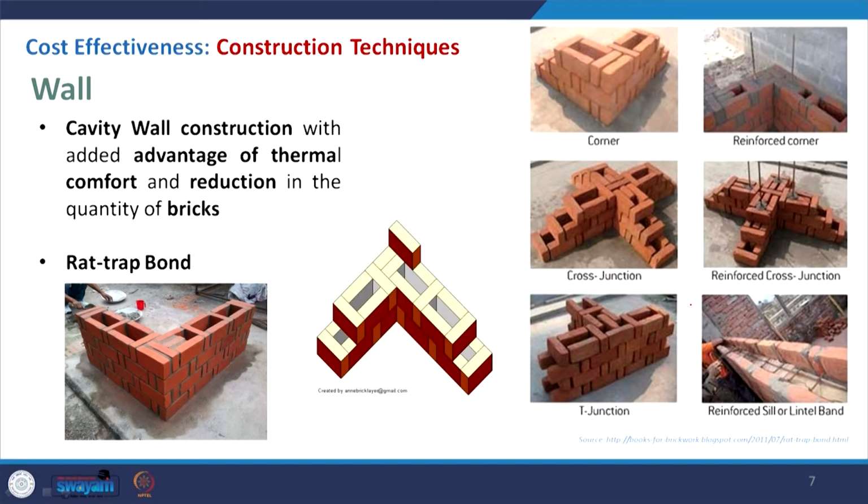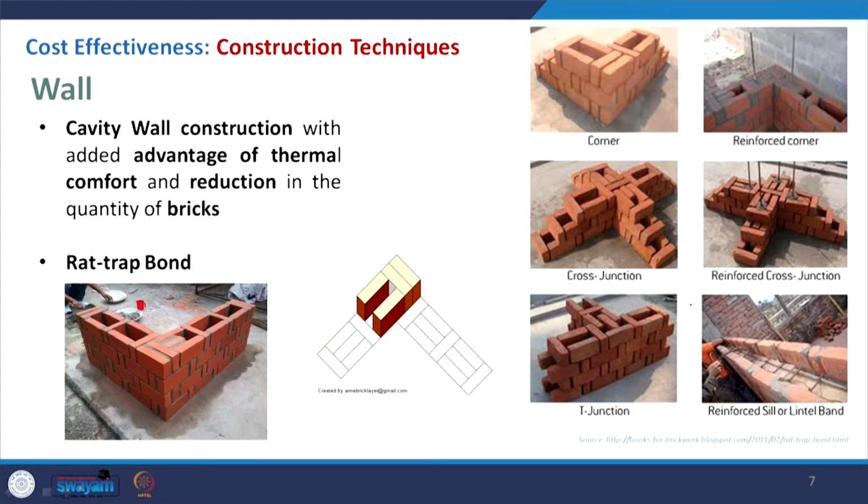But in this case, when you discuss the brick wall, we have used the English bond or the Flemish bond, but the problem with them is not with the strength or something, they are really good, but at the same time in order to make it cost effective, we can think of reducing the material, and that can be achieved with cavity wall. So, cavity wall construction will help to reduce the amount of material for a given area or perimeter or given volume of work.